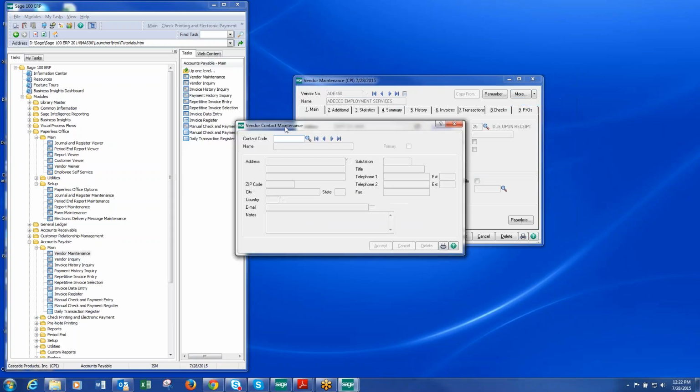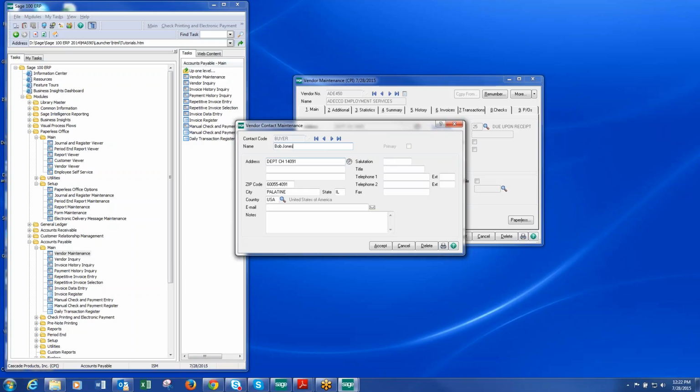In your contacts, put in your contact. In the contact code, I do not recommend that you put in B. Jones because it's Bob Jones who I'm buying stuff from. I actually recommend that your contact code be something more generic as far as what their title might be. And then I can put in Bob Jones here because